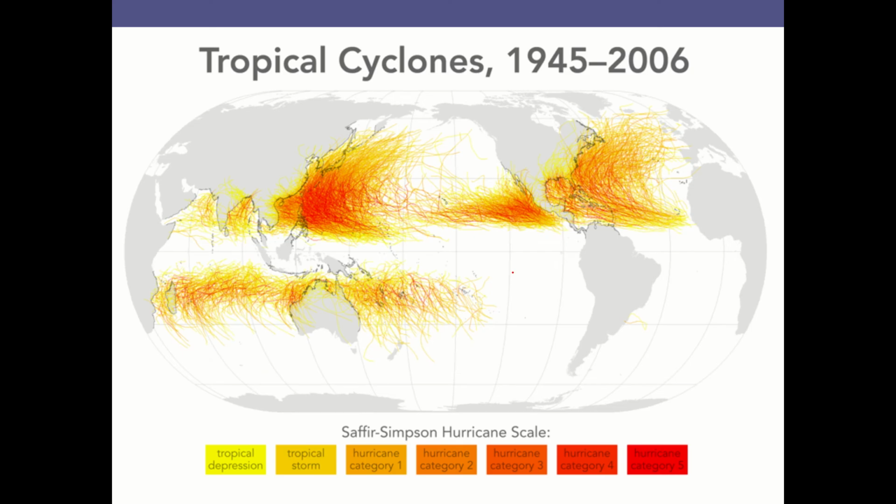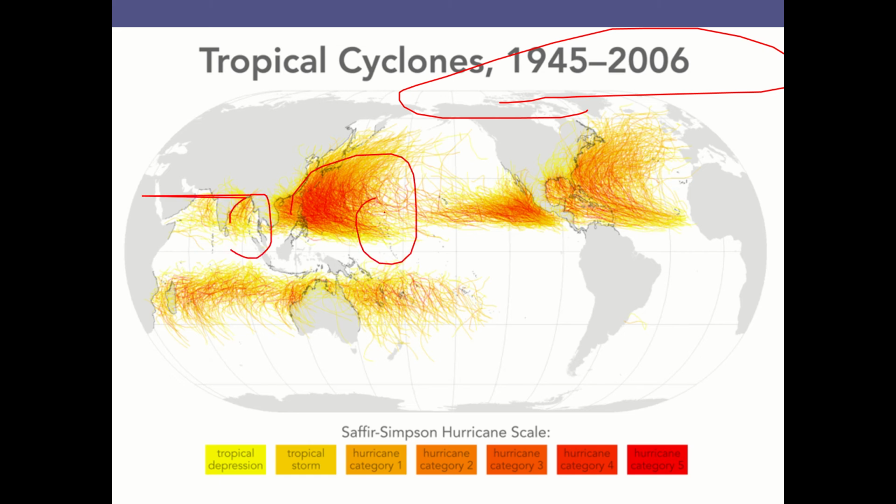This is just an indicative image mapped from 1945 to 2006, showing the number of cyclones that have taken place across the globe. One more thing we should remember is the number of cyclones that hit the eastern coast. I have some more statistics, particularly with reference to India and the Indian subcontinent, and how the eastern coasts are impacted by these cyclones.